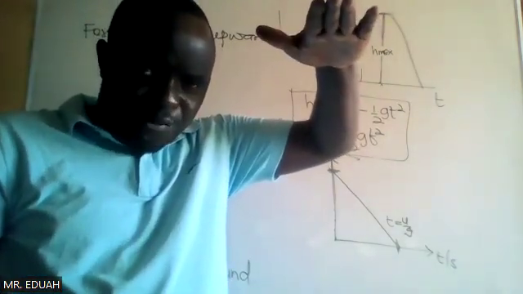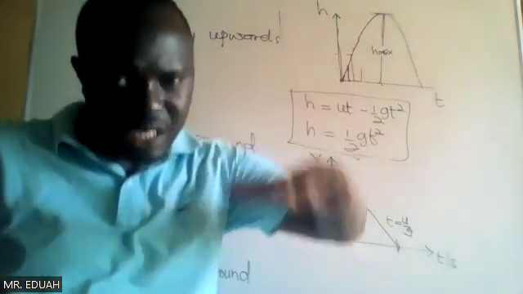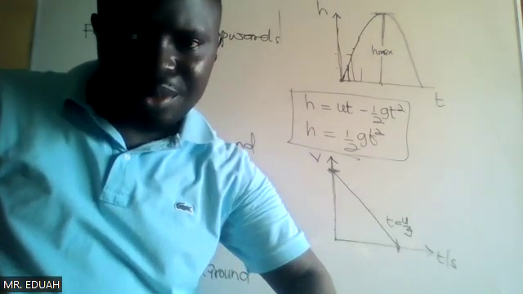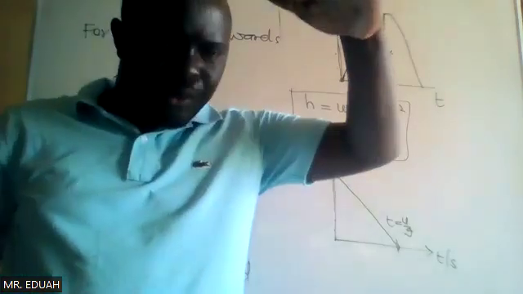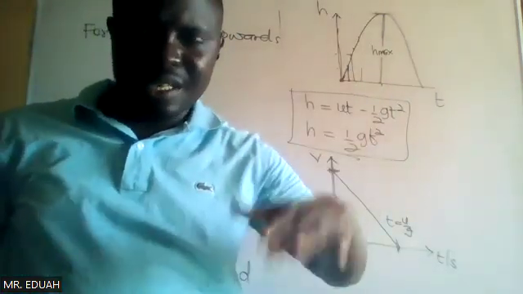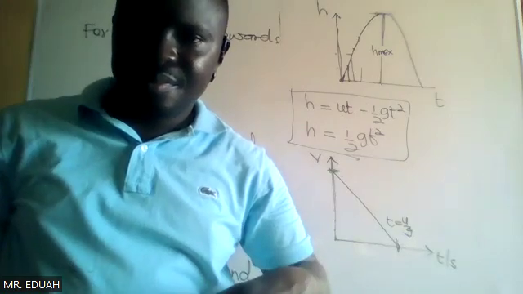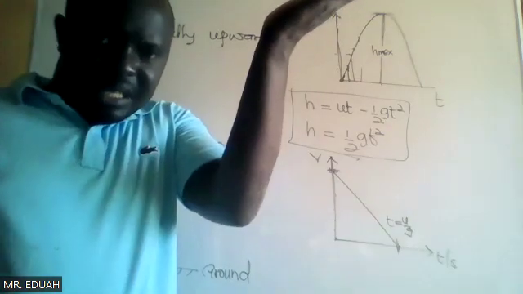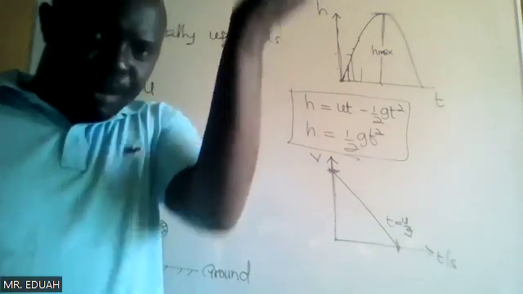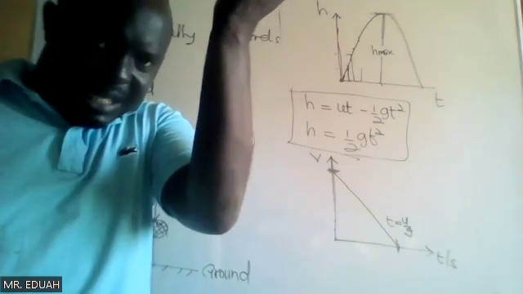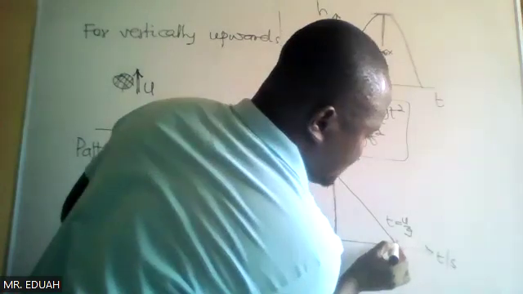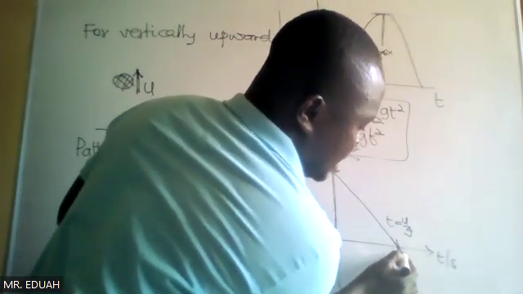When it is coming from the maximum height, what happens to the velocity as it drops to the ground? It increases. So when it's going up, it is decelerating due to gravity. When it's coming down in the opposite direction, it is accelerating due to gravity. So the velocity would increase in the opposite direction. 0, then increase